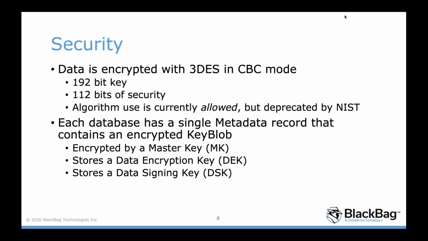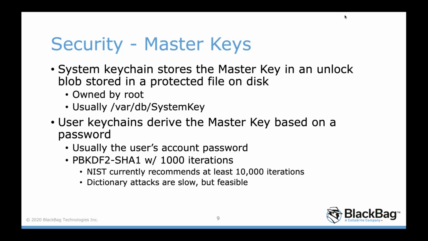And that master key is the key that you're either going to want to try to pull from a memory image or read from a file, or that will be derived from a user's password. The system keychain itself, because it's not unlocked by a password, stores the master key in a structure called an unlock blob, which is stored in a protected file on disk. This is that var.db.system key file